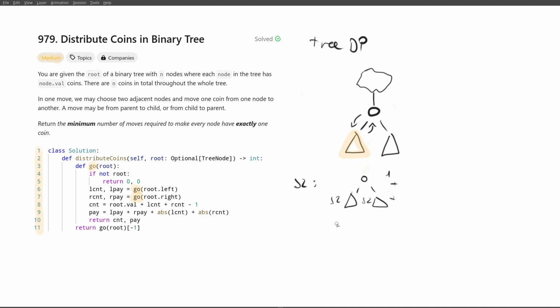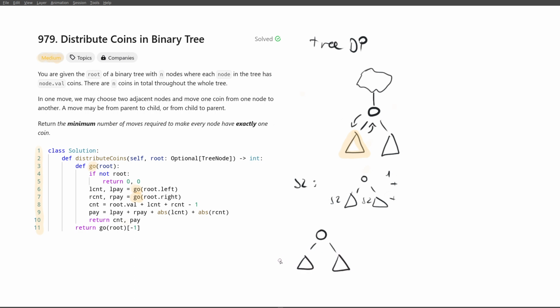And that's easy because we have to fix the left and right subtree, and now we have to get some coins to flow into those subtrees that require more coins, or perhaps take the coins away from the root of the subtree that has too many coins. So for instance, if our